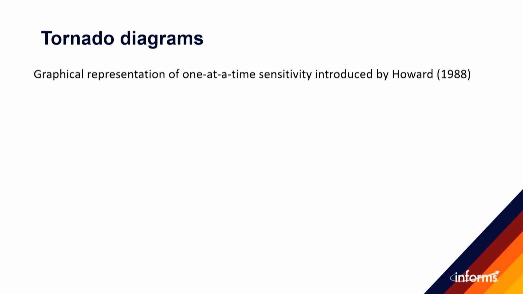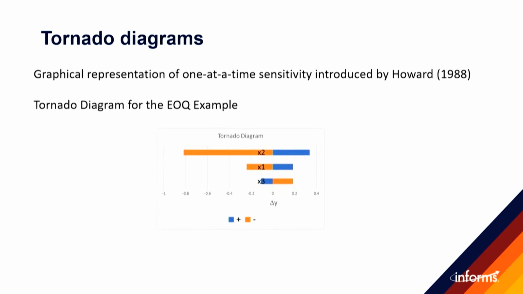So a tornado diagram is a graphical representation I attribute to Howard 1988, which is a paper in Management Science called Decision Analysis, Practice and Promise. And if you read the paper, it's quite interesting, especially about the name, because it said it was coined by a client. So he was supporting decision support to a client who saw the graph and said, okay, this looks like a tornado. For the EOQ, it's not a splendid tornado, but okay,